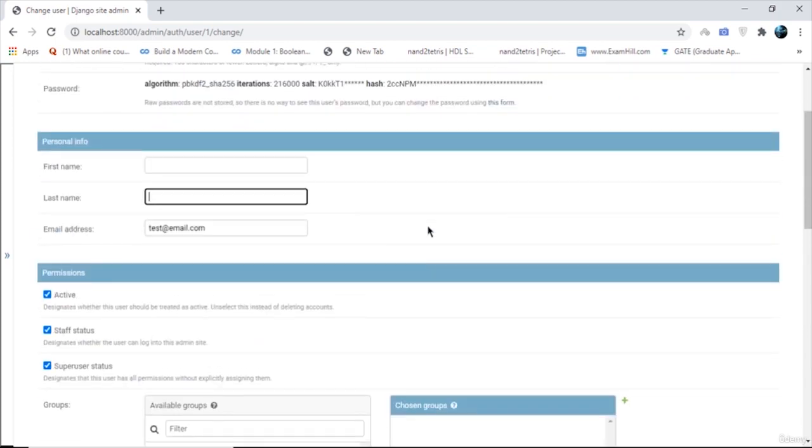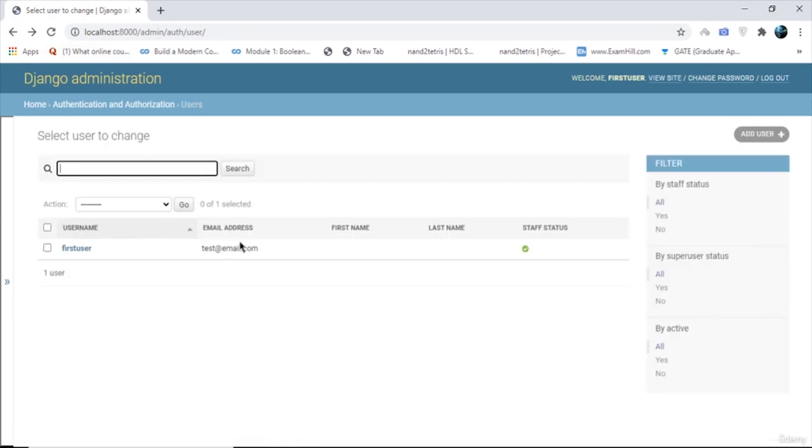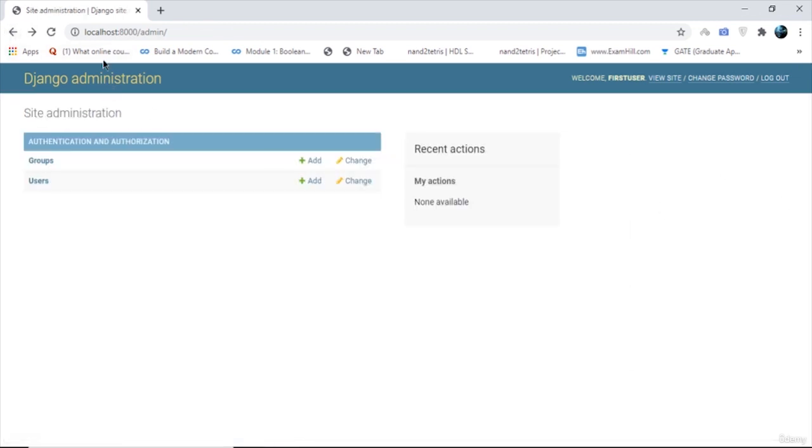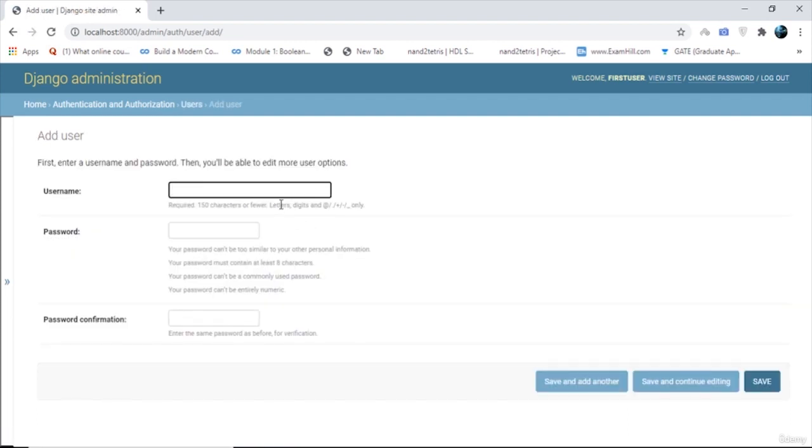and away we go. Only superusers can have access to this admin page, and that's what we are trying to give to staff users, right? For our application, students won't be able to use this admin interface, but staff can. So the staff can add a new user, and I can call it second user. I'll provide the same password, and